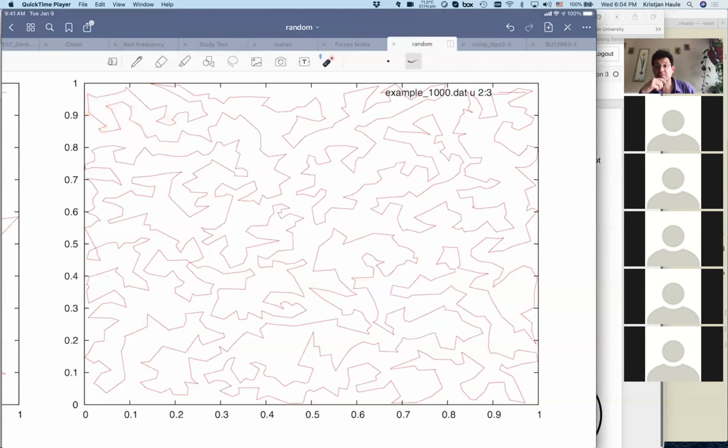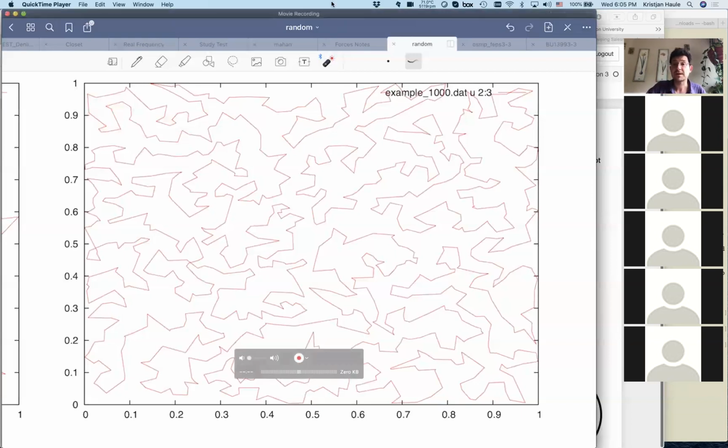Then your configuration is just a permutation of the order in which the cities are visited. So it's a permutation of integer numbers between, let's say, 1 and 1,000, and any permutation defines one possible path. So we now need to figure out which path is the